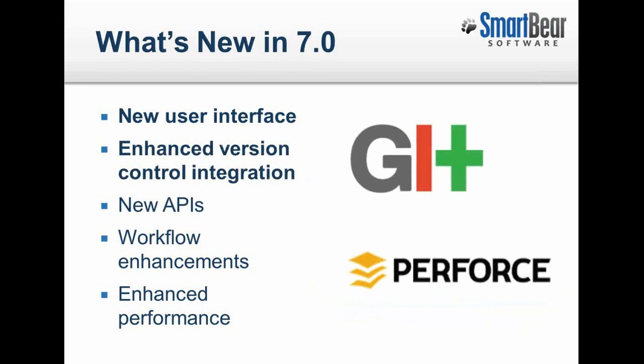We've also enhanced our version control integration to Git and Perforce. We're always looking at new ways to leverage the features built into these SCM tools. Git, we've been using here at SmartBear for quite a while for developing Code Collaborator. Customers do too. It's increasing in popularity. And one of the things we've done with Git is we've added support for post-commit reviews. So the add change list command for adding a change list to a review is now supported for Git. So you can add Git change lists to a review just as you can for many of the other version